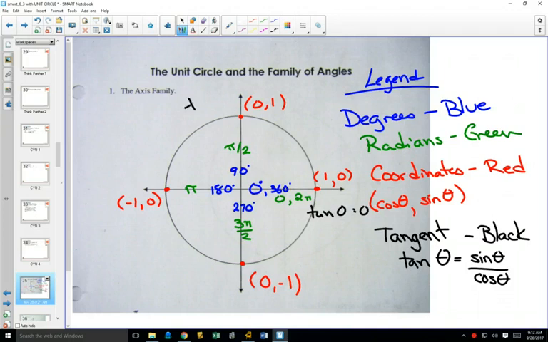When I go up to pi over 2, tan of pi over 2 is, well, 1 divided by 0. What happens when you do 1 divided by 0? It gets undefined. So we can write undefined because that one is not possible. You can't have tan of pi over 2. If you try tan of 90 degrees in your calculator, it is going to tell you an error. When I get to tan of pi,